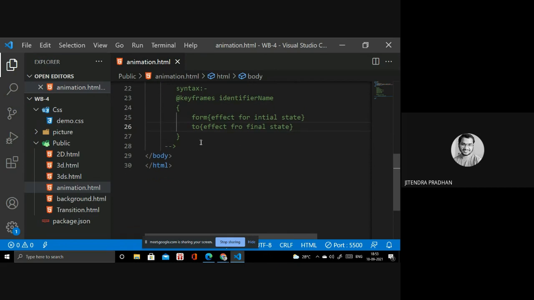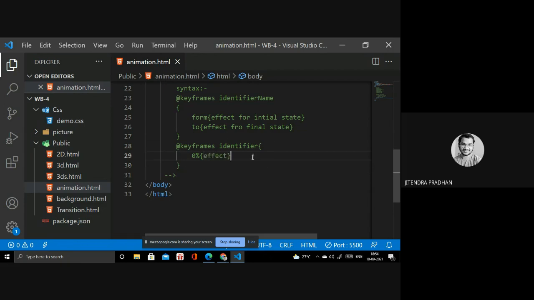So if you want to write another effect as well, you need to write @keyframes, identifier. Okay, in that you have to use 0%. In that you have to write the effect, whatever effects you need.